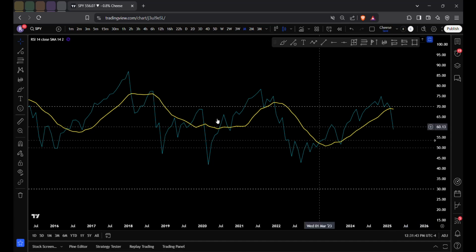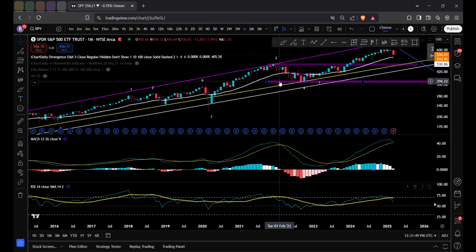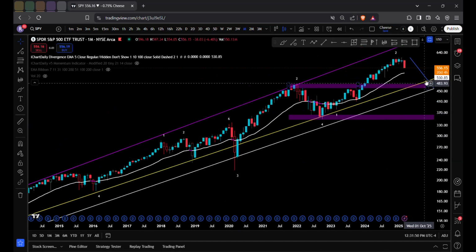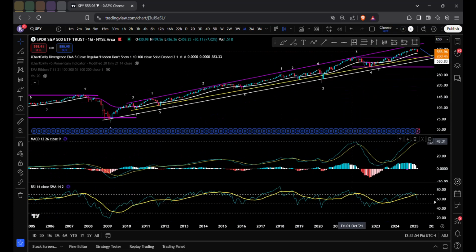53, right? Because that's around the support here and it was your resistance here. So I'm curious to see if we stop at the 53 and we stop at this level first. Those are the first two alerts that I'm curious about.